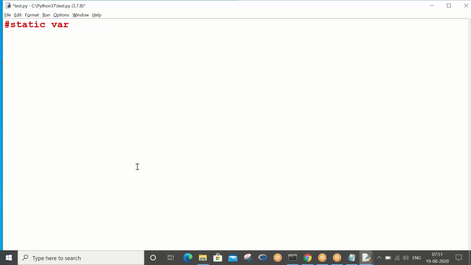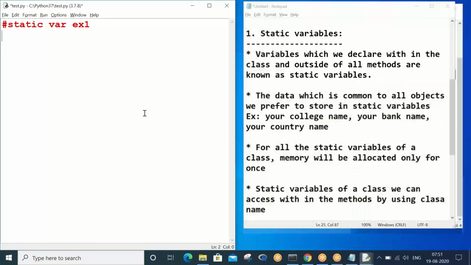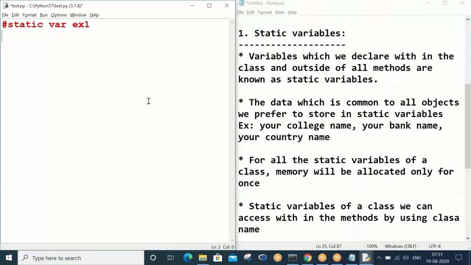Static variable ex1. You can write it down; I've opened it on the right side. Let me write a sample program to help you understand static variables. What is my class name?